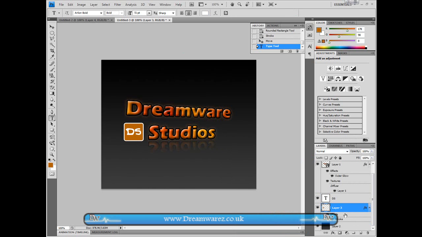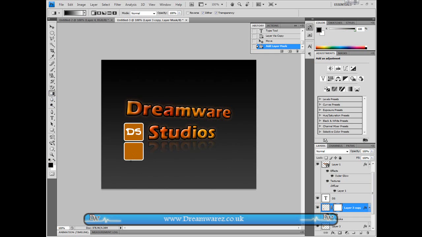I'm going to go back to this layer. I'm going to press Ctrl G. Then I'm going to Ctrl J, rather, Command J on a Mac. And then I'm just going to drag the duplicated layer down beneath it. Use my arrow keys to position it. Apply a layer mask, gradient tool, and